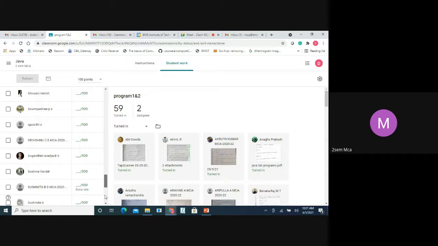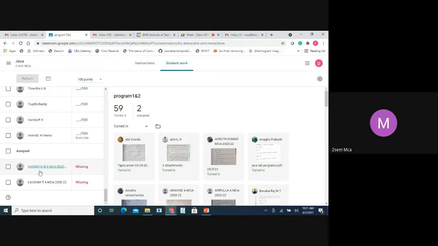Because you have submitted in a wrong place, it is showing that 2 people have signed, but they have not submitted. Lakshmi and Harshit, are they here? Lakshmi, Harshit, Dakshayani? Yes, ma'am. You can ask these 2 people, Harshit and Lakshmi, to resubmit programs 1 and 2. You can see here, right? That's what I am sharing. These 2 people have submitted, but in a wrong place. I will tell them in the break. Yes, ask them to resubmit programs 1 and 2.